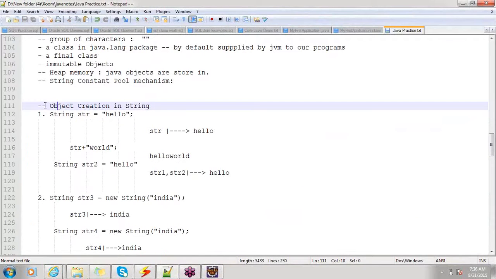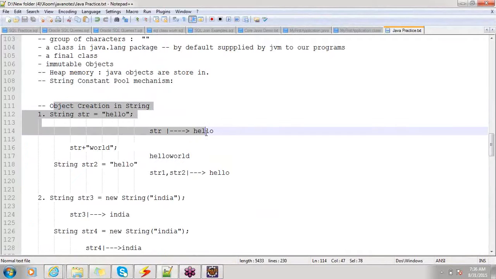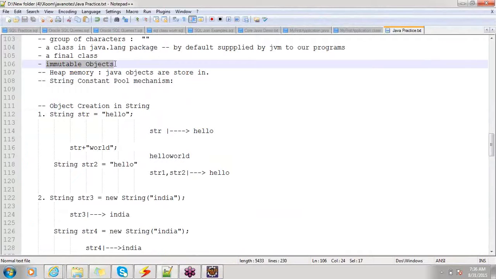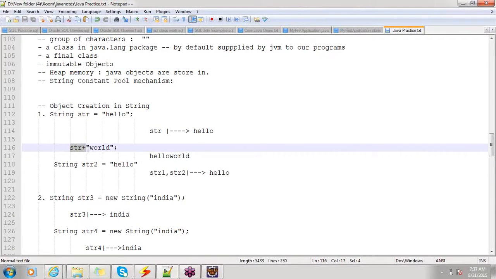Here, strings, object creation. I told you that strings are immutable objects. It means when we perform a modification, such as concatenation or reversing, on the existing string, then